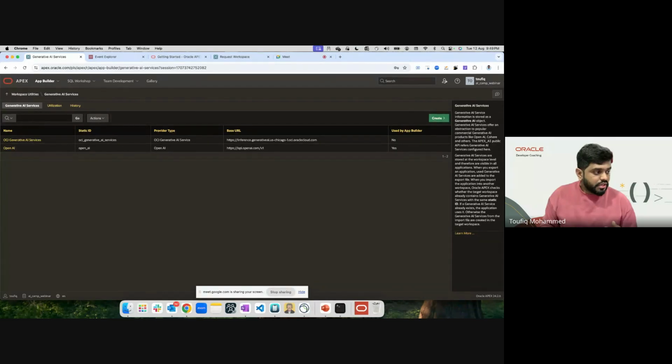So the first step now, I have a GenAI service. The next step is to create the data model, right? We looked at the 5 steps, right? The first step is to create a data model, which includes all the database tables where we can store our data. To do that, go to SQL Workshop,